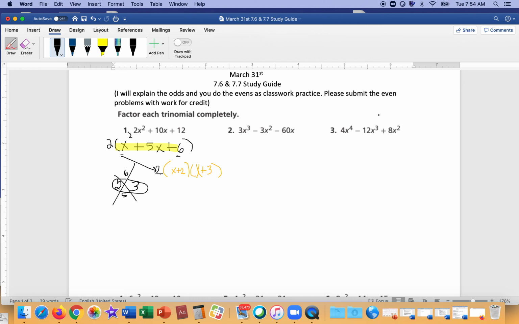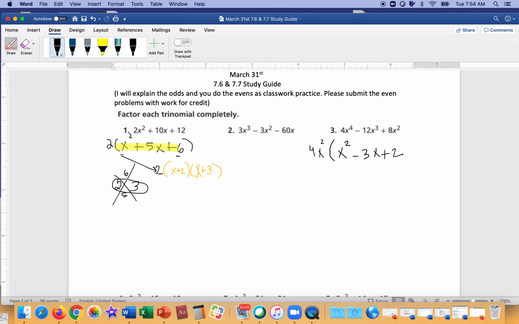Okay, so let's do number 3 now. We first scan for a GCF. I always look for smallest numbers, so I see a 4. They're all divisible by 4. And I can also take x squared out of all of them. So we have 4x squared. What's left is x squared minus 3x